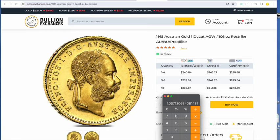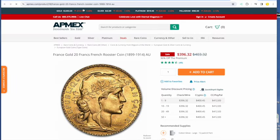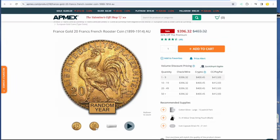Let's look at one more popular coin, which I forgot to post on my website, but it is the ubiquitous Rooster. All right, everybody loves the Rooster. People buy them and stack them like crazy. There must be a bunch of them. So we have got 396.32 over at APMEX,